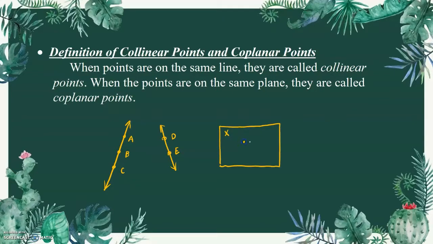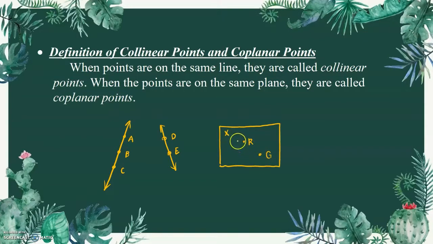Now plane X contains the points, okay, let's use another letters. Let's have point R and point G. Okay, now since point R and point G are located on the same plane,